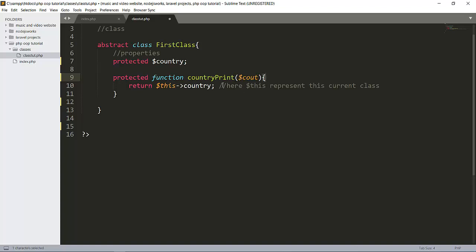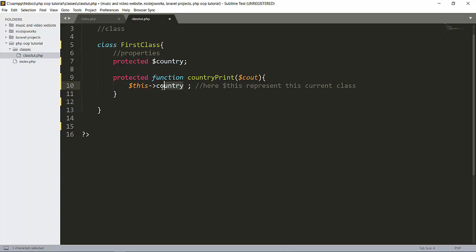Let's make it as $counts, and after calling a function, see that this is $this->country, meaning this is a variable. This $this->country represents this variable here. So $this means this country variable is under this class here. So we don't need the abstract class here. Here $this represents the current class.